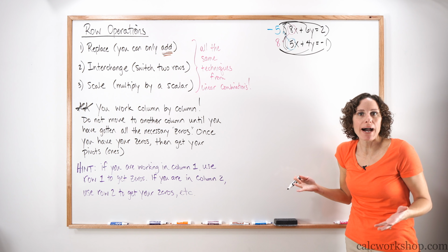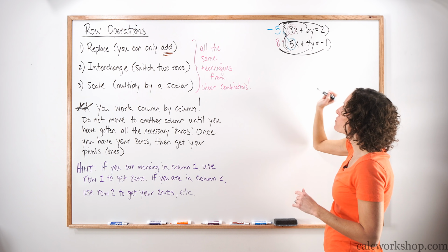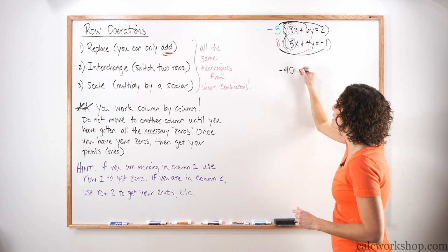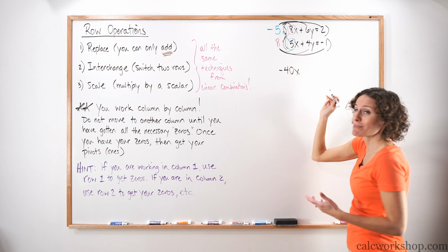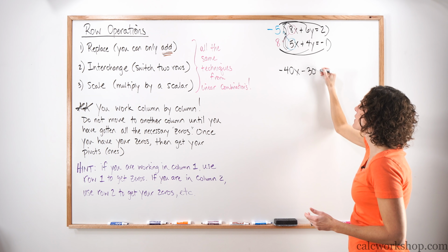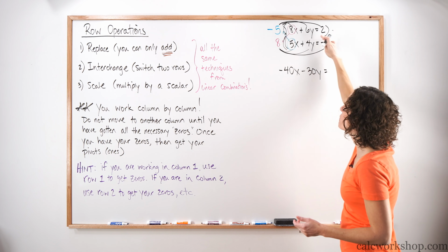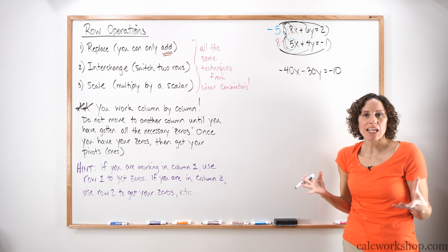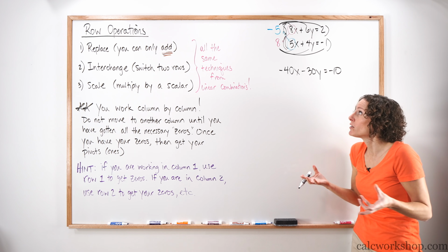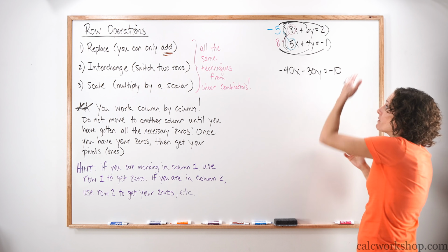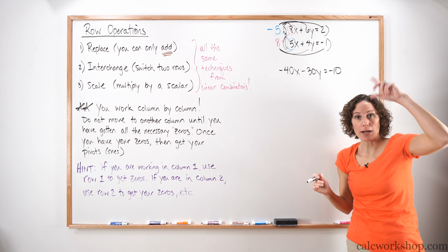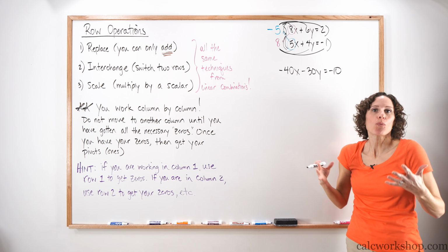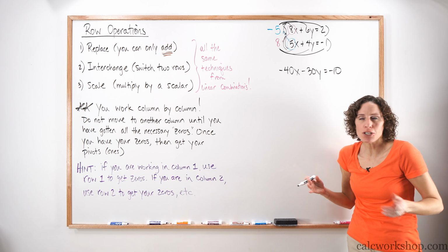This is what we did way back in Algebra 1. If we distribute those numbers in, -5 times 8 gives us -40x. -5 times 6 gives us -30y, equals -5 times 2, which is -10. What did we do? We didn't change the chemical makeup of the equation. We just made it bigger. Could we factor out a -5 and come right back to where we started? Yes, which means we haven't done anything illegal. We just made them easier for us to use.